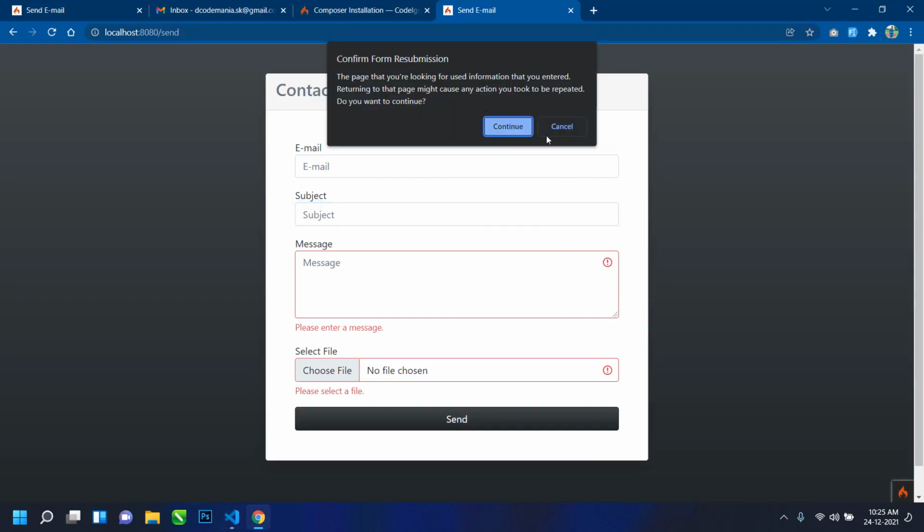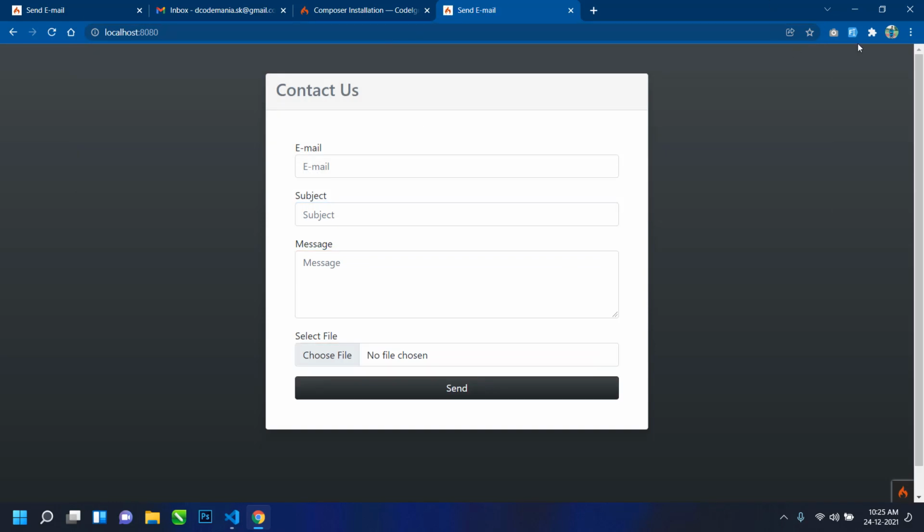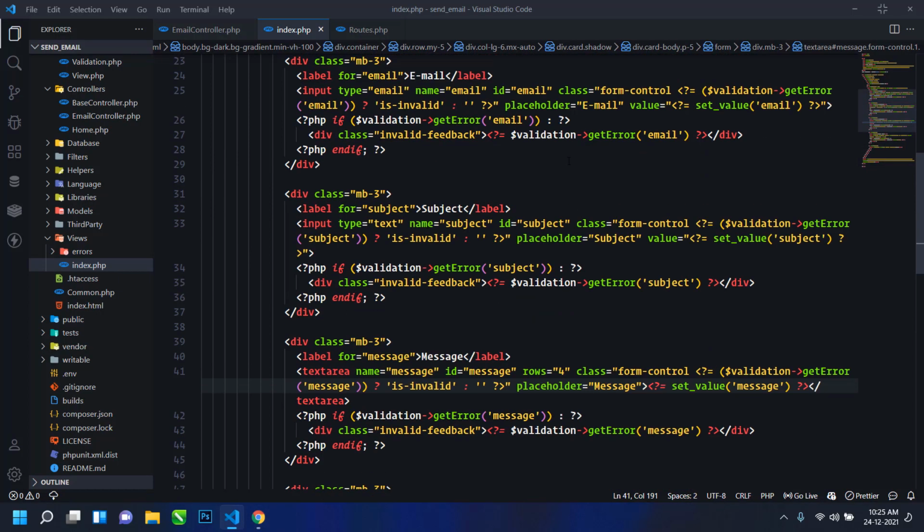Refresh, and let me write an invalid email and click on send. So you can see HTML5 validation is working here.